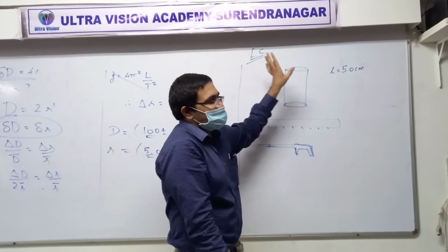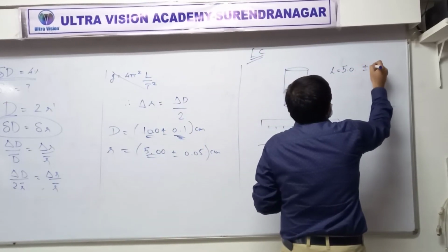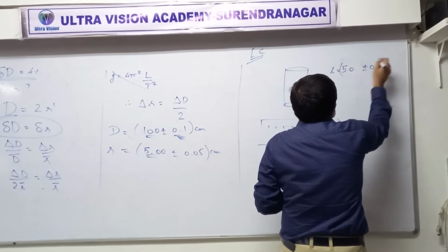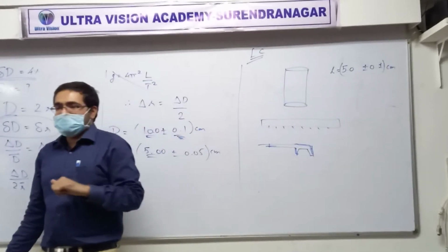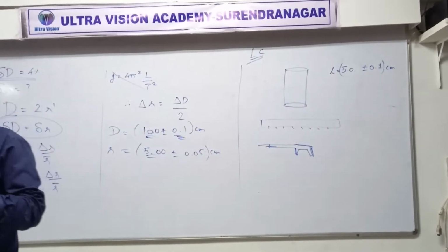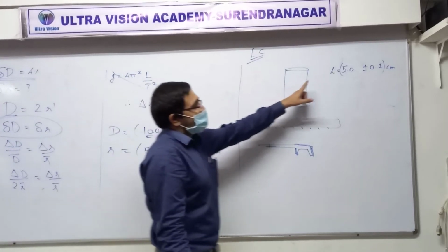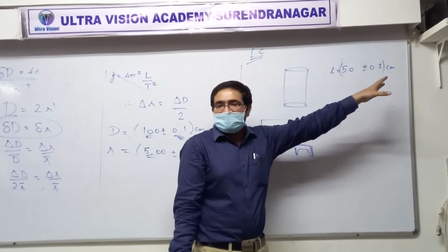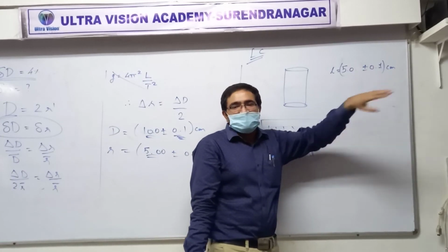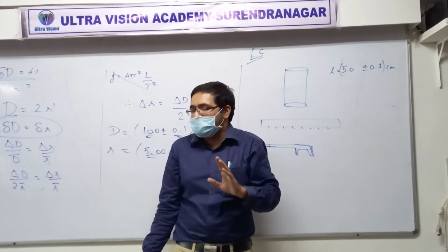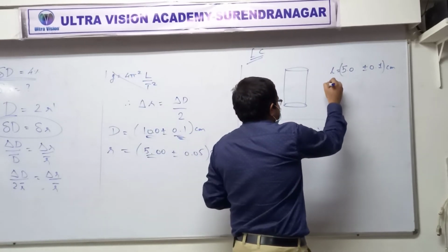So this much error will come, no matter what you do. That's why. Did you understand this? Suppose in this question it's not even given that least count is 0.1. We are measuring with a meter rod or meter scale or a ruler. That means how much will be the least count? 0.1, and it will definitely have that much. Got it? Then, what about diameter?